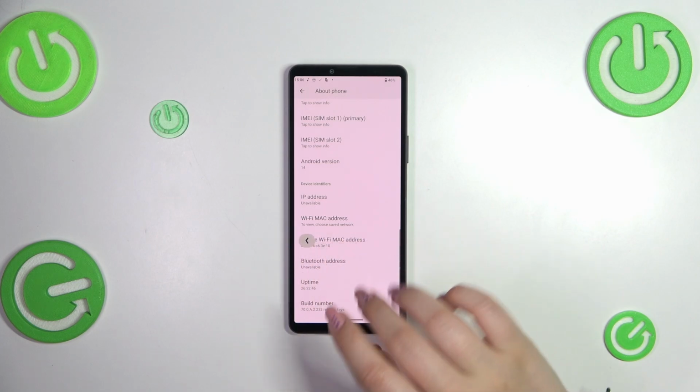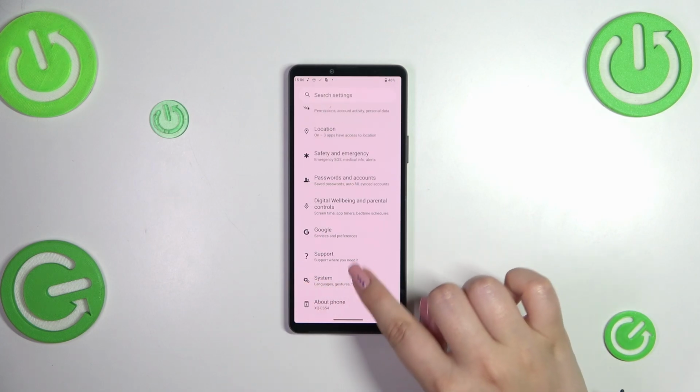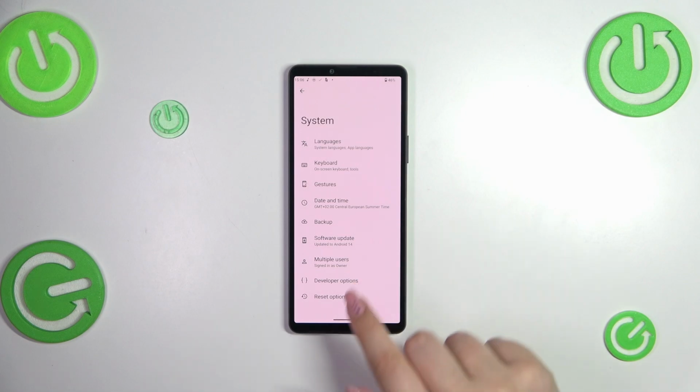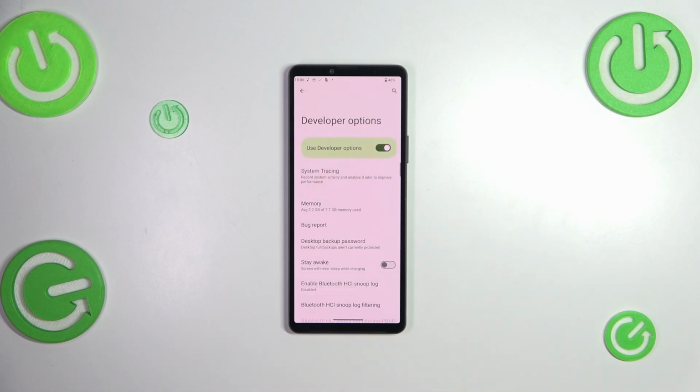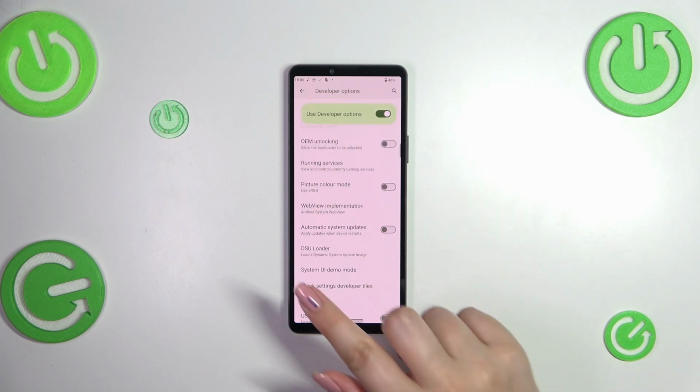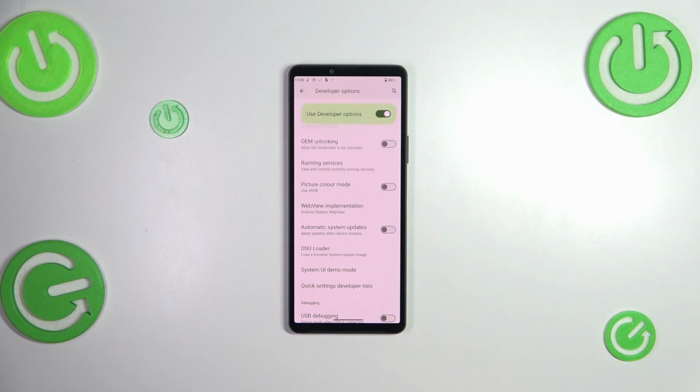So now we can go back to the general settings to find the system. Let's simply tap on this option and enter developer options, which we've just activated. So let's tap on them, and here all we have to do is scroll down just a little bit to locate this option, automatic system updates. We can turn it on just by tapping on the switcher, and from now on, since this option is active,